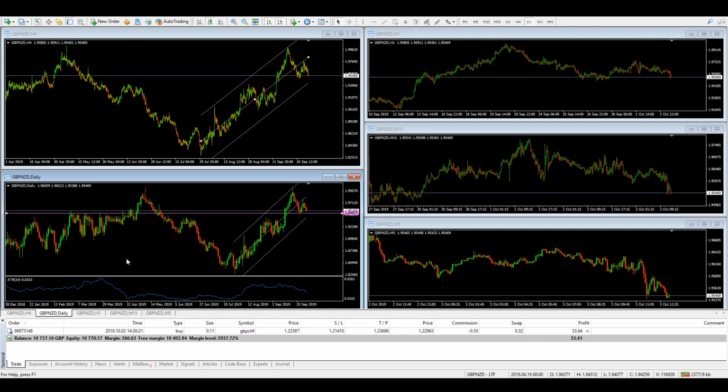So GBP NZD. No, I wouldn't be looking to buy this at the moment. I'd be bullish on this overall, but can you see how far away it is from the standard deviation? Really, you've got a more probable trade if you've seen it find support off of the standard deviation. So you see a reversal candle off of the standard deviation, which also interacts with other kind of resistance or